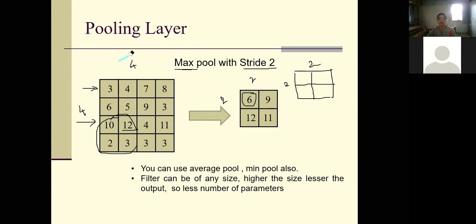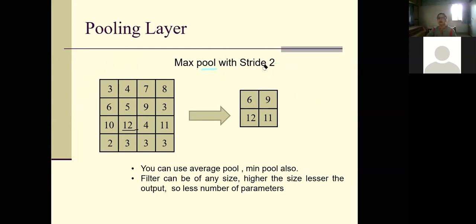Now, if instead of max pooling I apply minimum pooling, what is the meaning of minimum? Select the minimum value from the given area. Say the other parameters are the same, stride is 2, mask size is 2 by 2, and instead of the max operation you are using the minimum pooling operation. Type your result in the chat box.